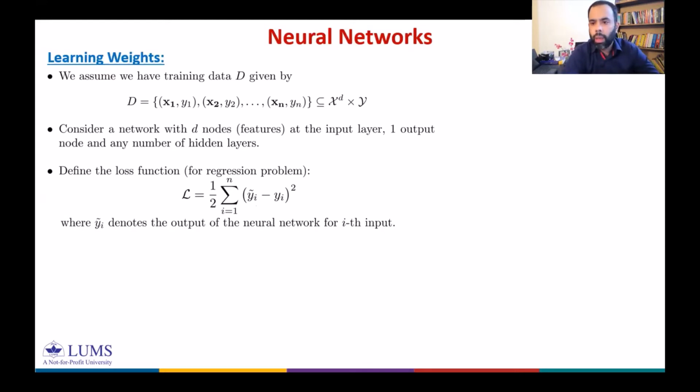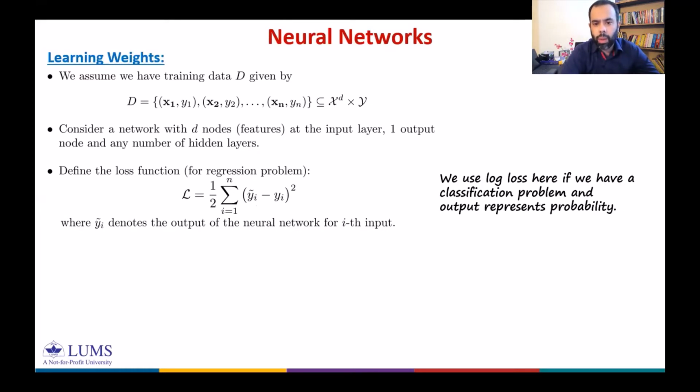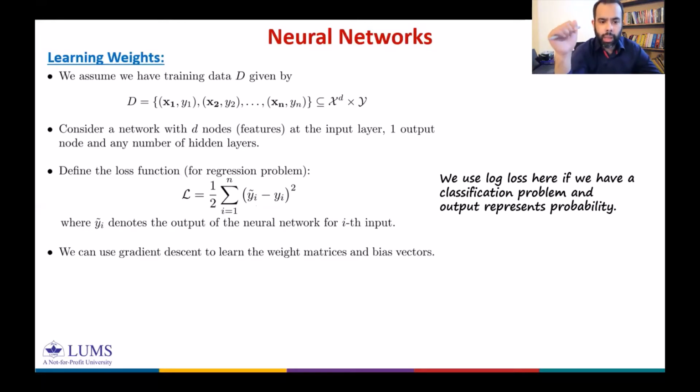So we're trained. If this is a classification problem, and we instead use log loss because the output would be representing probability for the case of a classification problem, right? Nevertheless, if the loss function is continuous, whether it is a log loss or a squared error, we can differentiate, and therefore we can use gradient descent to learn the weight matrices and bias vectors,